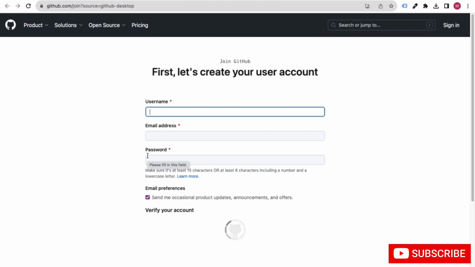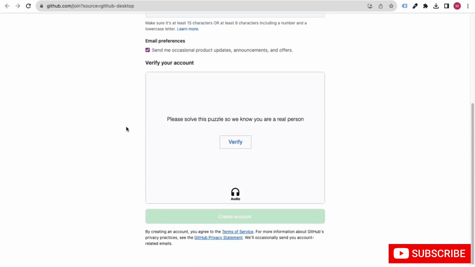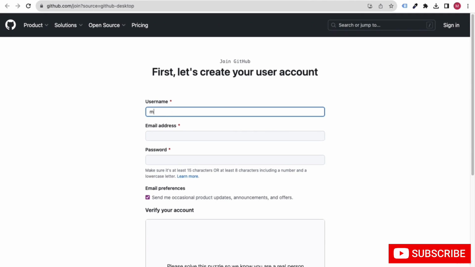Automatically it will take you to GitHub, and here you can put anything. For example, I can put any username, and check whether it's available or not.